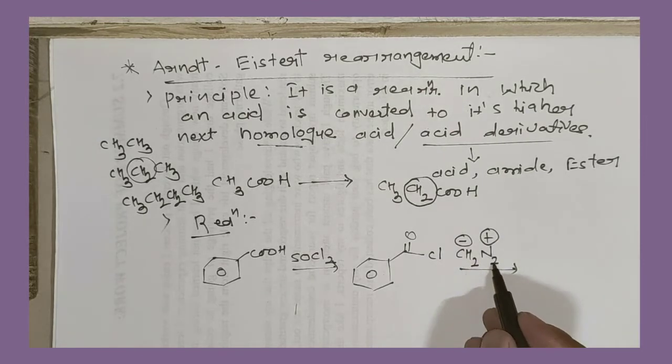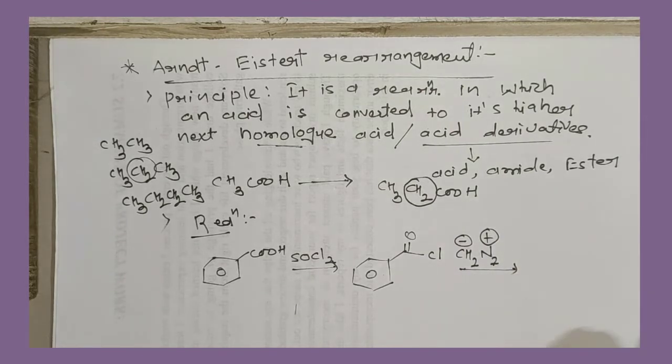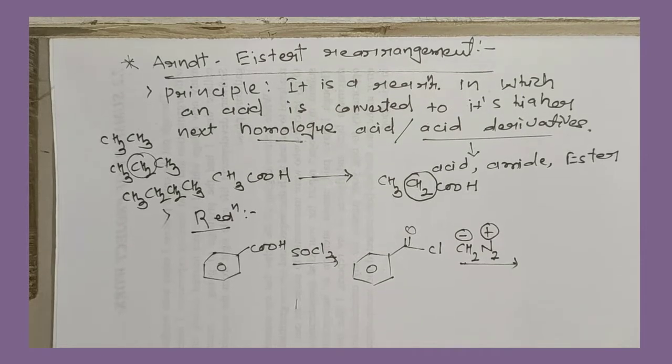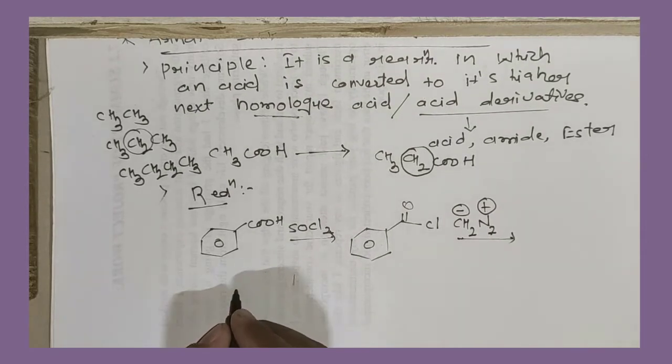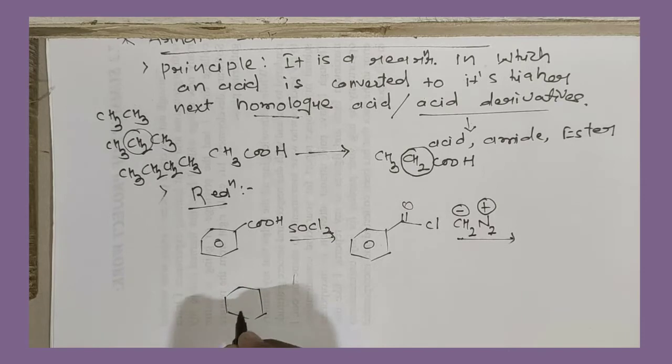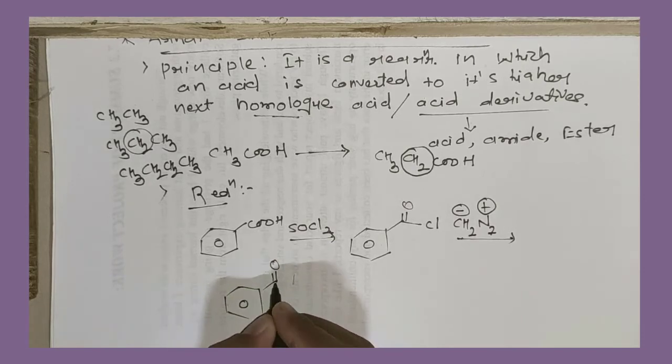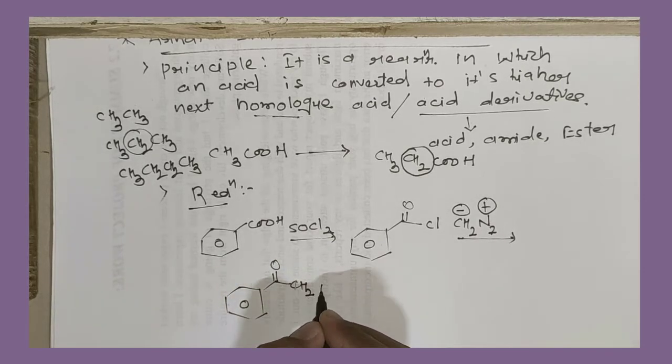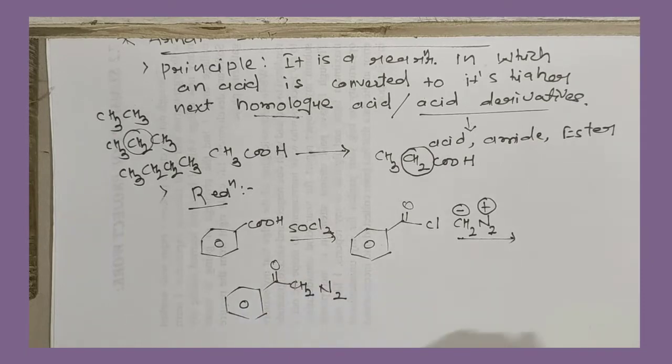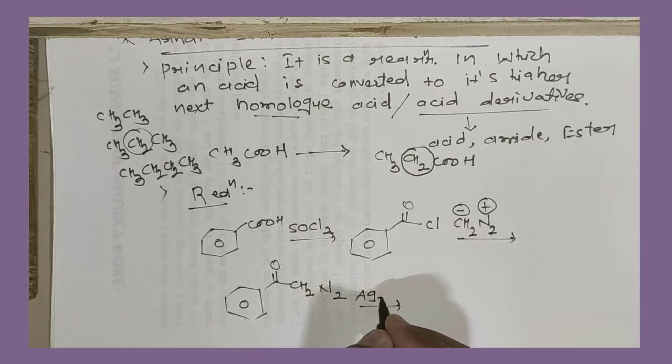This is known as diazomethane. Now the intermediate formed in this reaction is this one: C double bond O, CH2N2, right? CH2N2, which on reaction with silver oxide